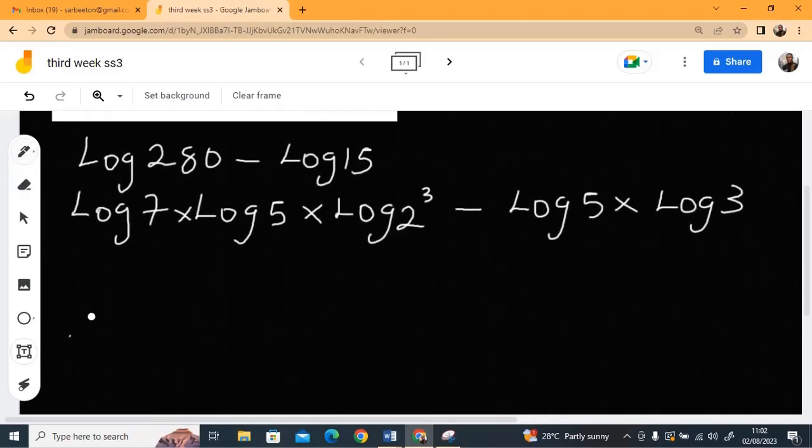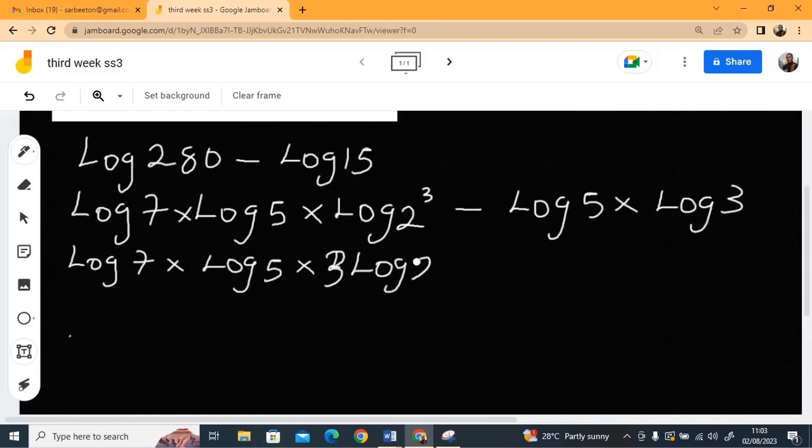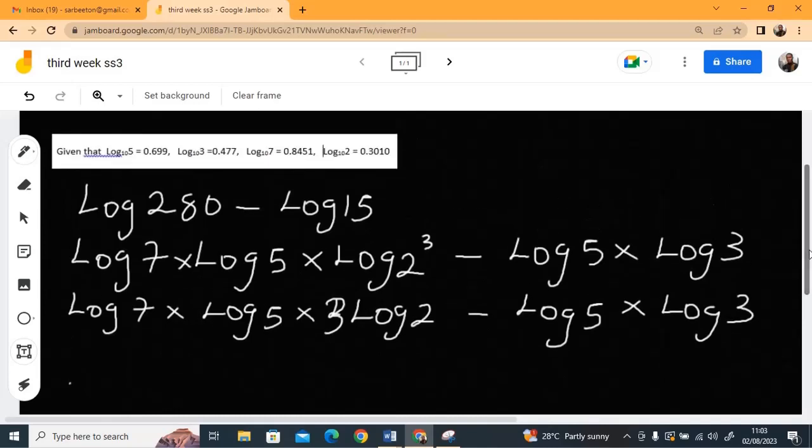Now I can write this thing as log 7 plus log 5 plus, this 3 can come to the front according to our laws of logarithm, so we have 3 log 2, minus log 5 plus log 3. Now using this, log 7, when you check log 7 based on what is up here, is